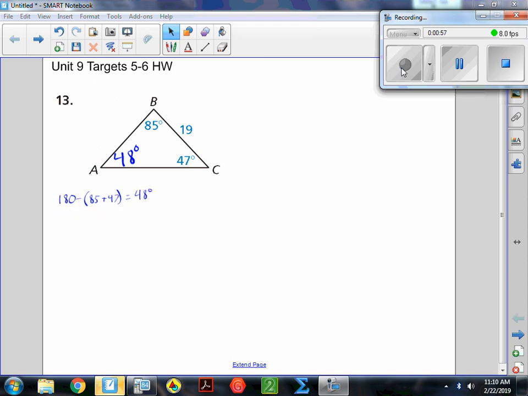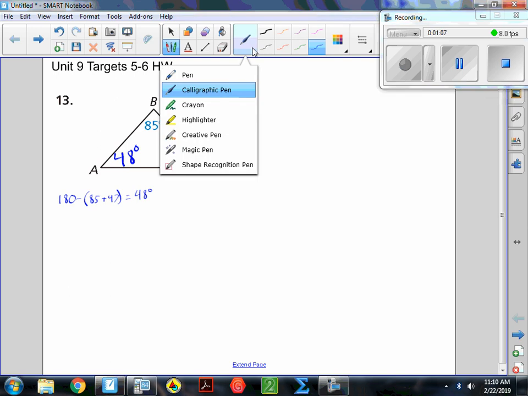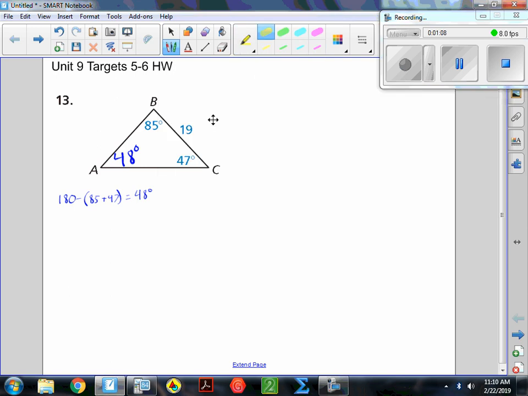Okay, now I need to start finding the sides. So I need to determine if I can use law of sines or law of cosines because this is not a right triangle. My rule for using law of sines is simply that I have to have both a side measure and an angle measure opposite it. So I have that. I have side A and I have angle A,